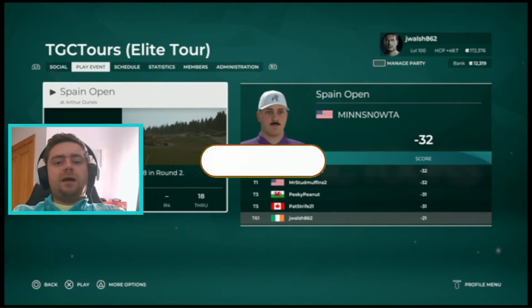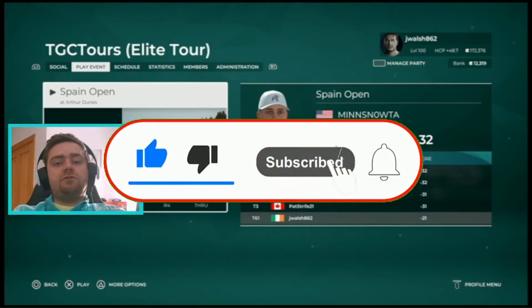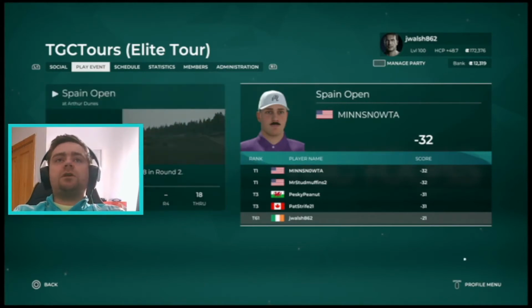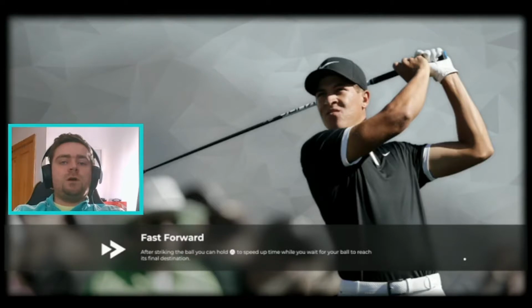Alright guys, welcome back to some more PGA Tour 2K21, and today we're going to play rounds 3 and 4 of the Spain Open on TGC Elite Tour. So minus 21 for the opening 2 rounds. Not too bad, it could have been a lot better, but it could have been worse. I think we're making the cut by a couple of shots. I think the cut is 18 or 19 under or something like that, but yeah, we're going to finish it